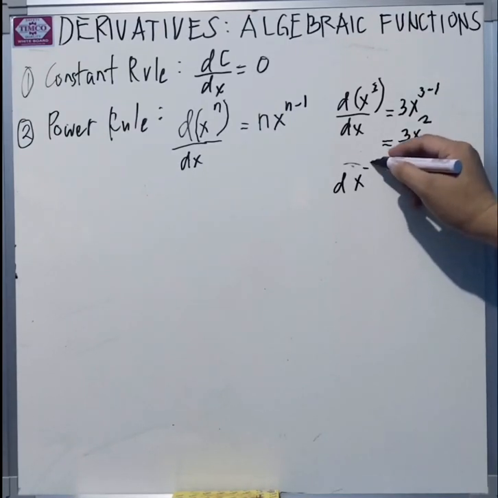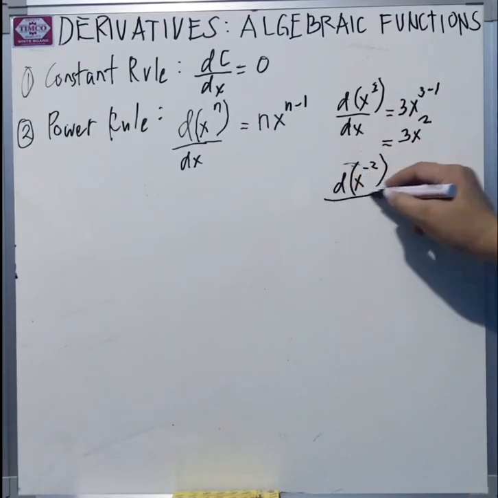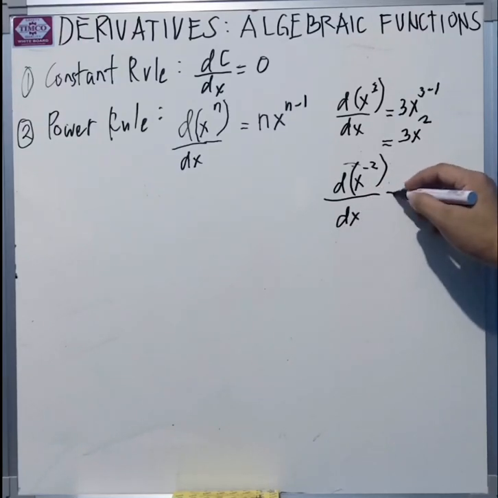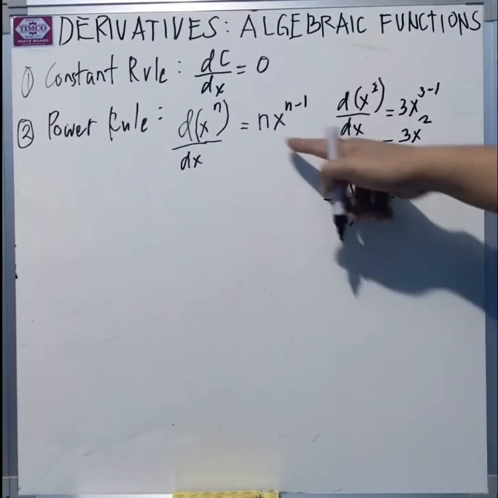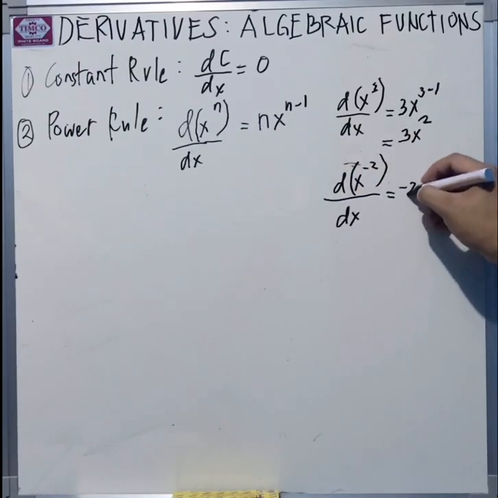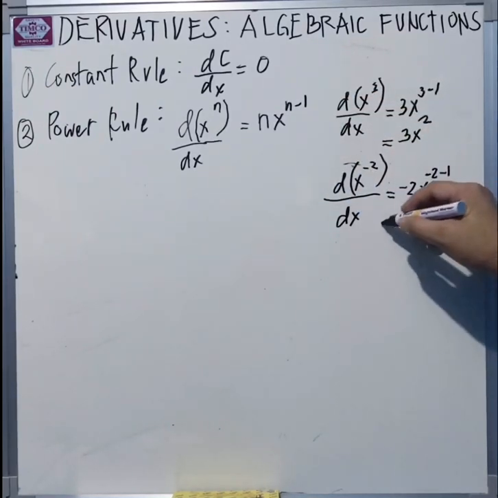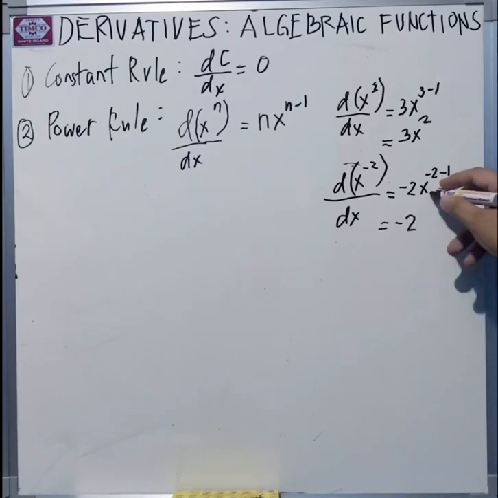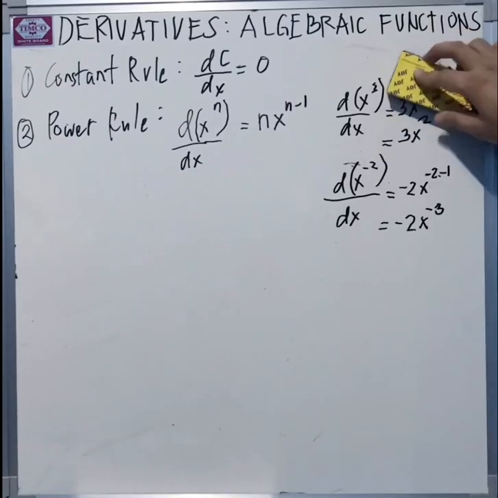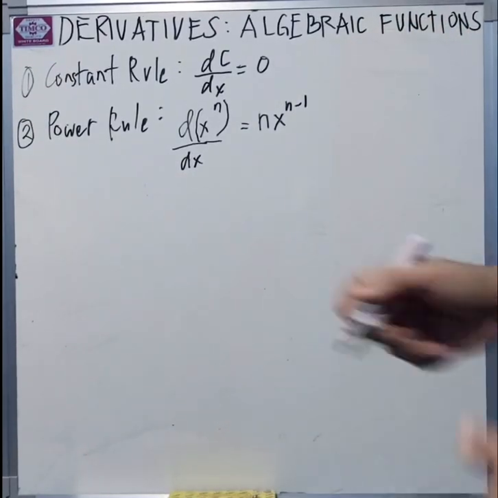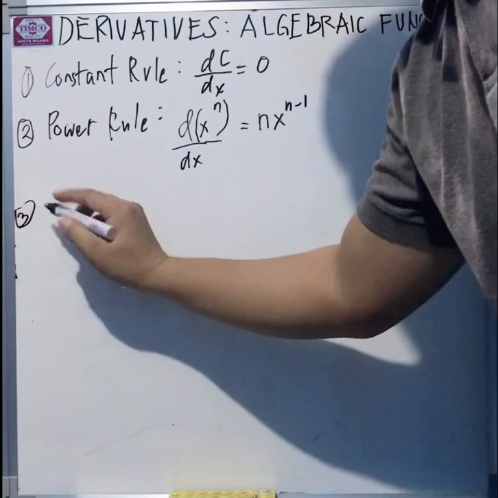Another example, we have to find the derivative of x to the negative 2 with respect to dx. We have n of negative 2 times the variable x to the n of negative 2 minus 1, which is equal to negative 2x to the negative 3. Okay, that's the example. Next is the constant